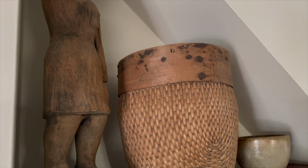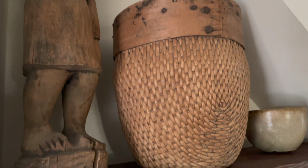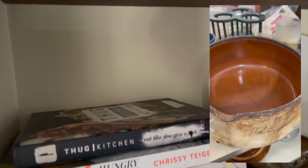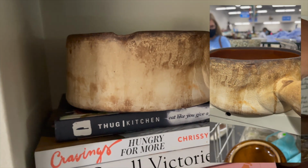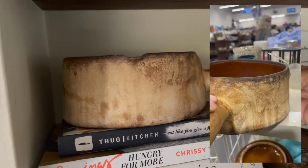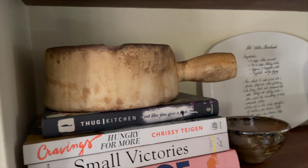There are some really amazing pieces on these shelves that I absolutely adore. I actually found this pot at a thrift store, and when I showed people on Instagram, everyone was like, why would you buy that? I mean, it looks like crap, but to me it just looked like this pot has a story. Like, look at all of the drips. It looks like there was queso made in here and all sorts of dips, and there was parties, and this pot had a